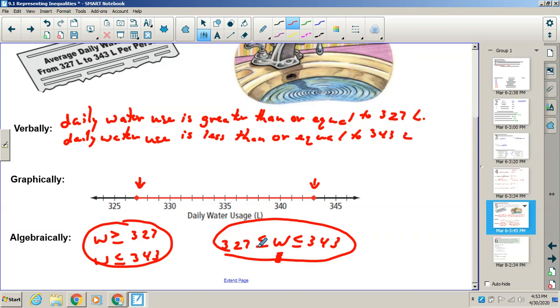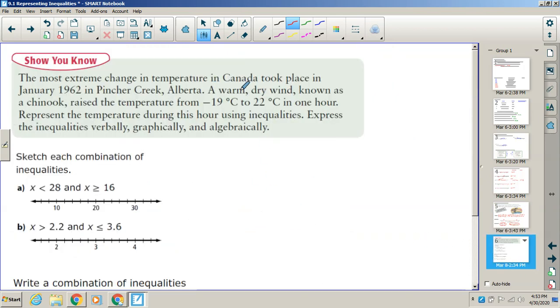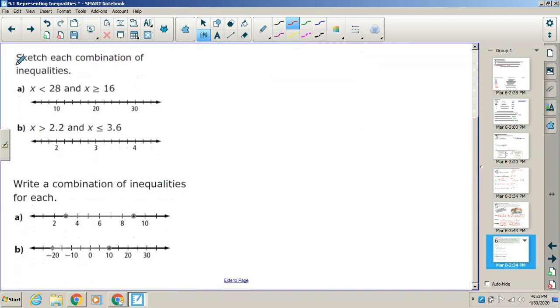Let's have a look at the next page, and we'll do a little bit more with combinations of inequalities. I'll go to this one: we'll graph a combination of inequalities, and then we'll write a couple, just a little practice that way. In this one we have to graph the combination of inequalities x is less than 28 and x is greater than or equal to 16. So I have two boundary points, and I want to mark where my 16 is and what my